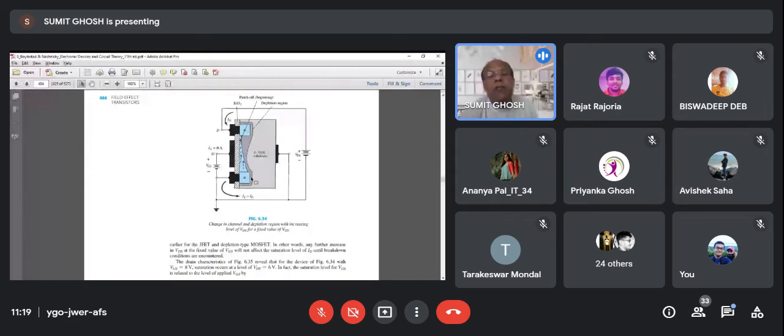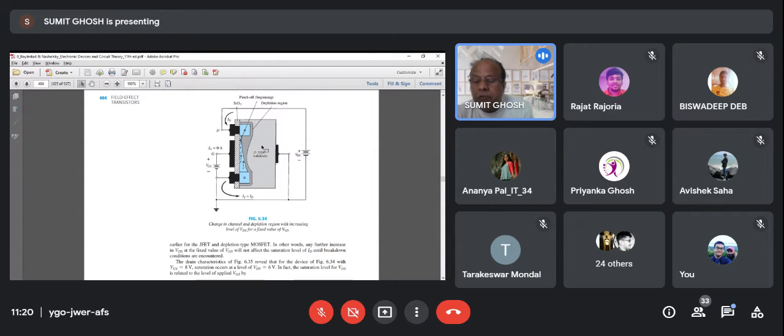Now, coming to your question, this is say 2 volts. It may be, say, you take 3 volts. So let us say it is 3 volts. This is positive 3 volts with respect to the source. So if this is positive 3 volts, all the 3 volts will come here because these are highly conducting metallic contacts. So this N island is at plus 3 volts compared to this. Yes or no?